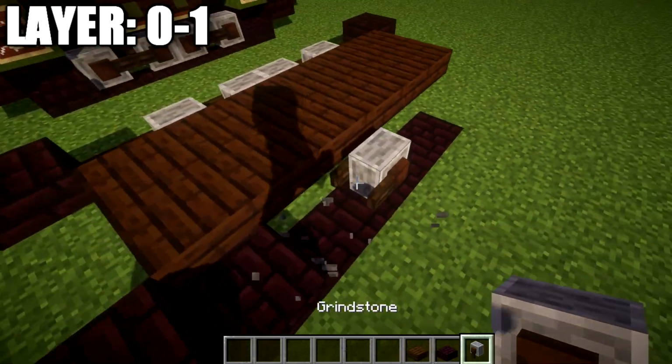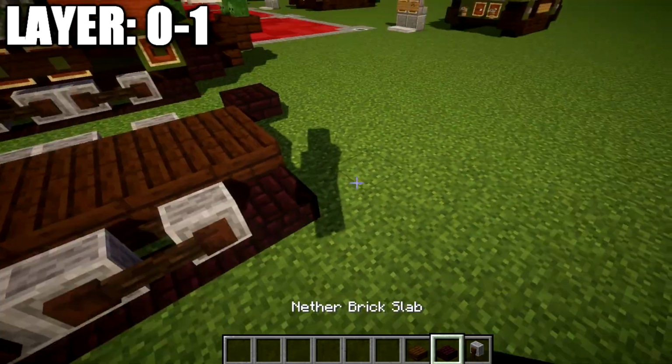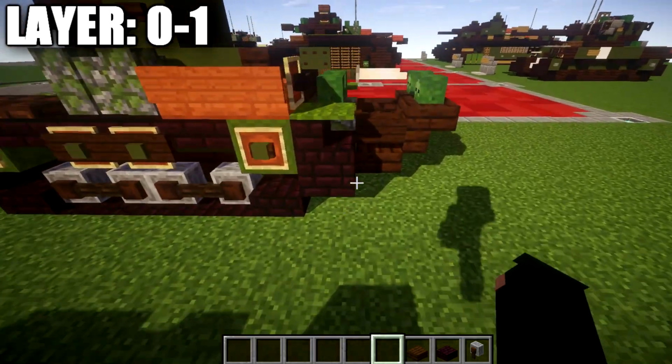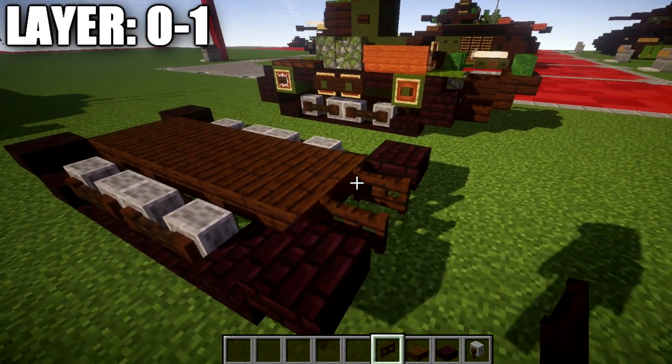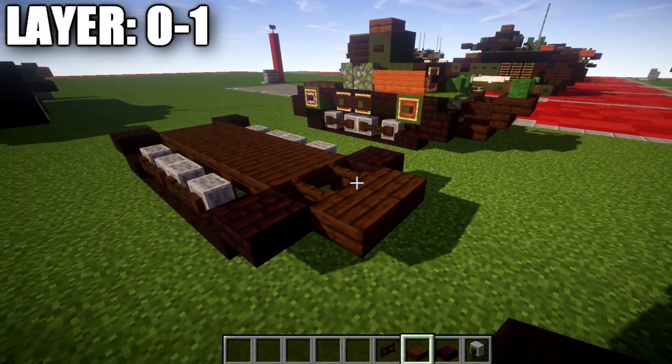We then want to go and take our grindstones. We're going to place them down on their sides here, just like that, and we're going to place down a brick slab here and a brick top slab directly after that. Once that's done, we're going to place down 2 dark oak fence gates here, come off these 2 dark oak slabs, followed by 2 dark oak top slabs, come off those dark oak fence gates